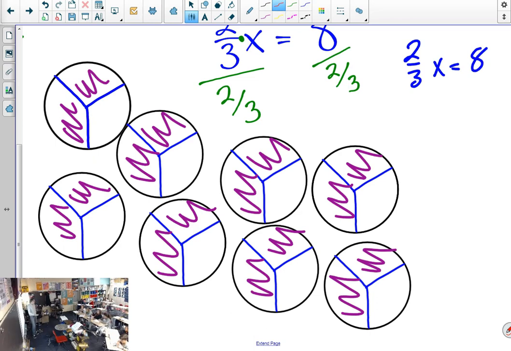We already did this. 3 halves, right? And what did we get? Because 8 times 3 was 24, which then, divided by 2,